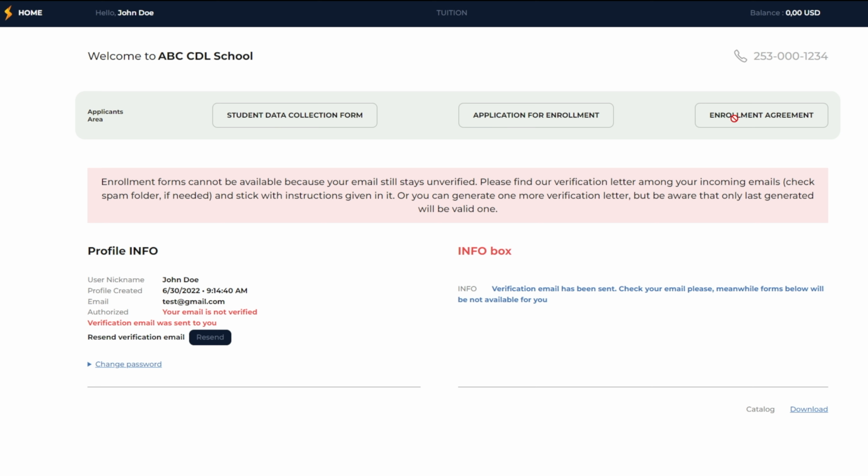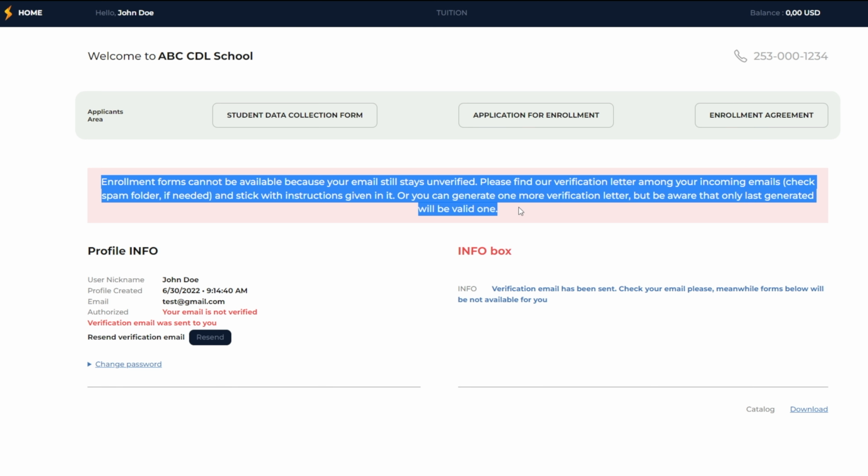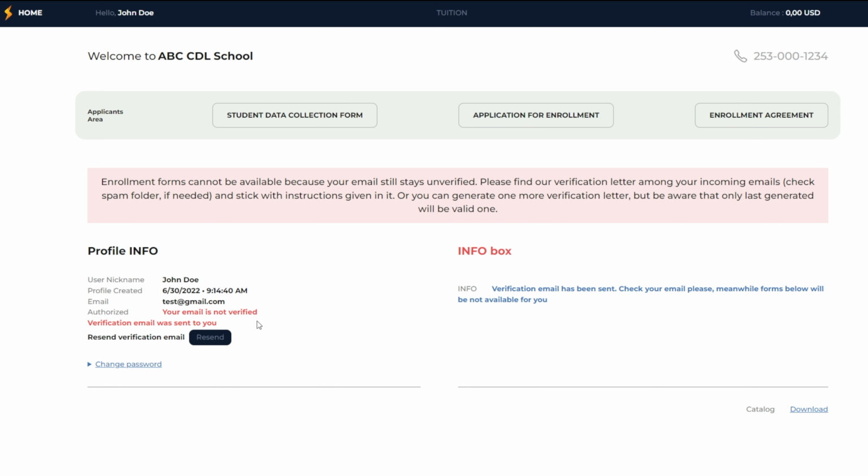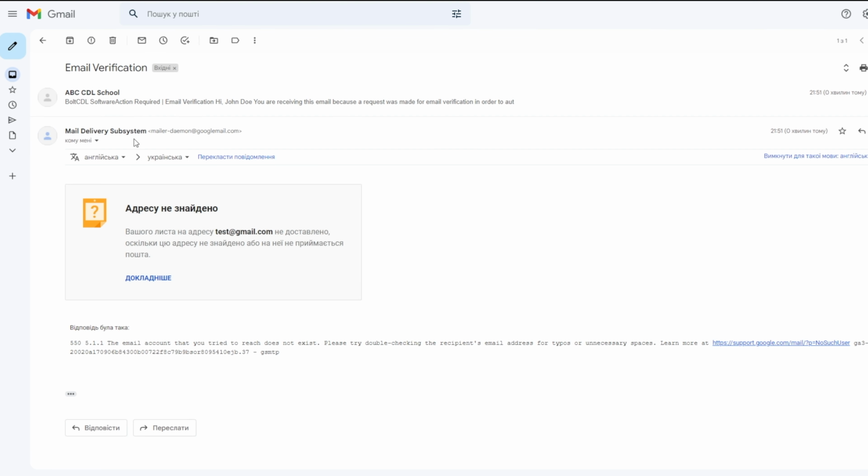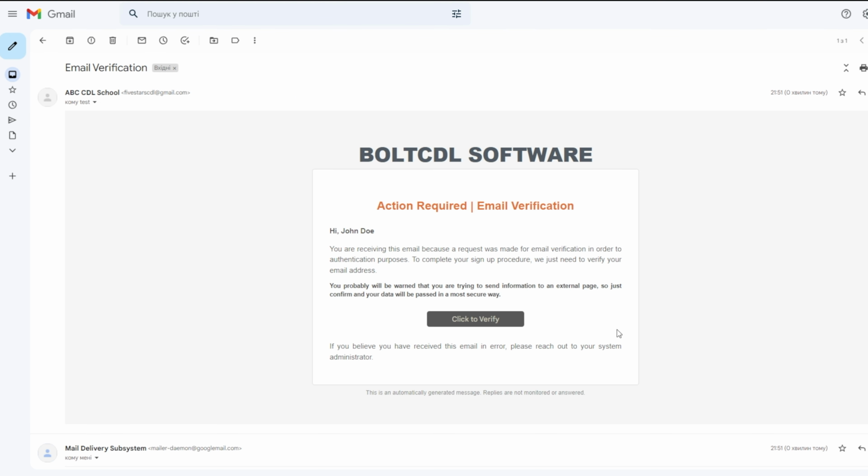After completing the initial registration, a verification message will be sent to the specified email address. To activate the account, the applicant must follow the steps indicated in the email and click the link in the body of the email to complete the activation process. If the verification process is not completed, then the account and profile will be created, but the user will not be able to use it until it has been confirmed.